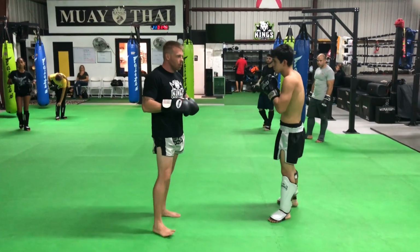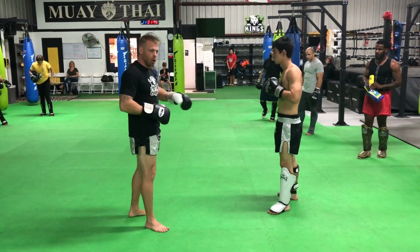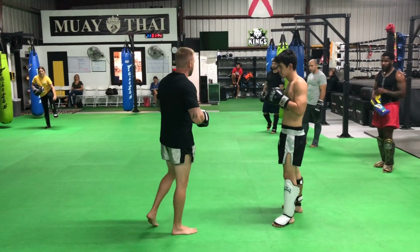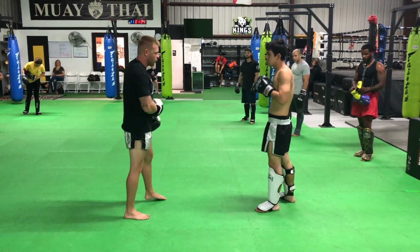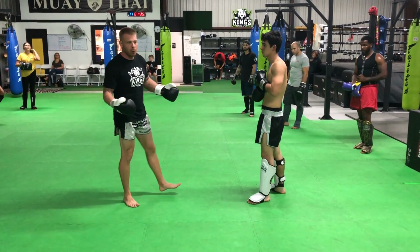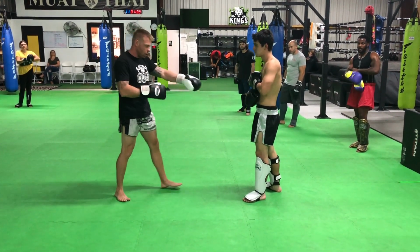Fakes and feints. So yesterday we worked a lot of faking our jabs, our cross, our hook to set up our other punches. Today we're going to be faking the front teep, or the front push kick. Okay? So in order to do that, obviously first we've got to actually throw a real push kick to start this combination. So what you guys are going to do is hold your gloves just like this,